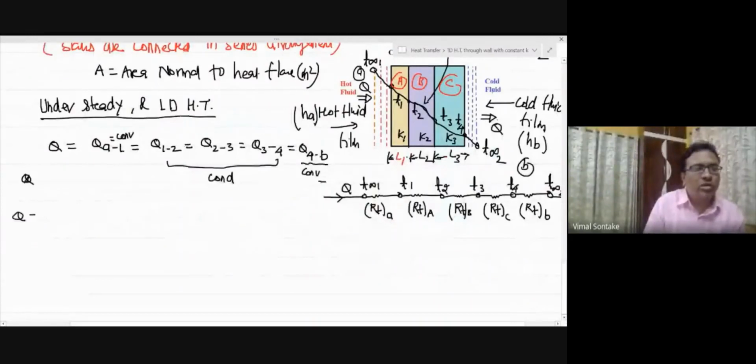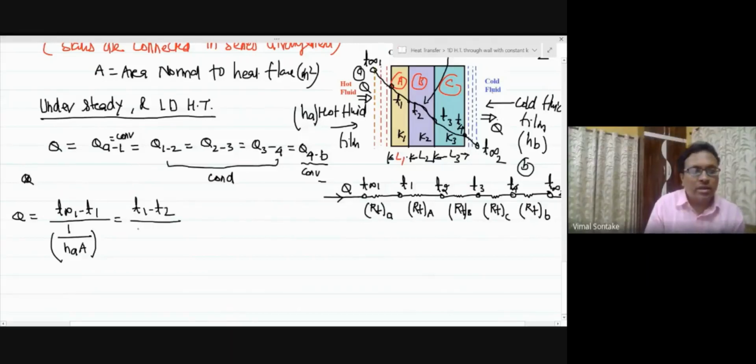So Q is equal to, now I am directly writing in terms of temperature difference and thermal resistance. This expression for Q will be T infinity 1 minus T1 over 1 over HA, is equal to T1 minus T2 over L1 over K1A,